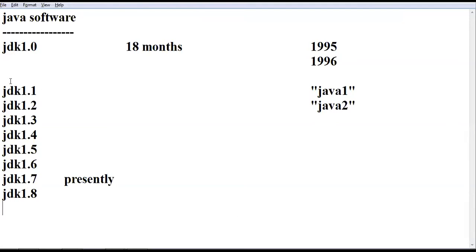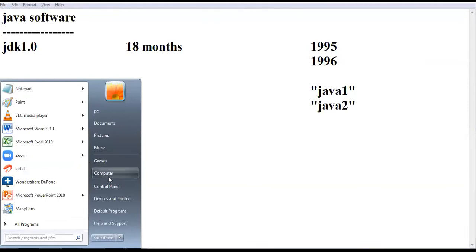Okay, these are the versions, guys, right? We call them Java 1, Java 2, Java 3, up to Java 8, Java 7, and Java 6 simply. They did not give separate names; till here they have given Java 1, Java 2. All these versions are related to Java 2 only, guys. Yeah, 1.3, 1.4, 1.5, right?